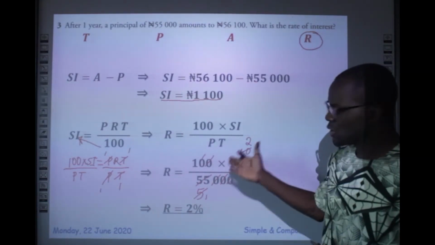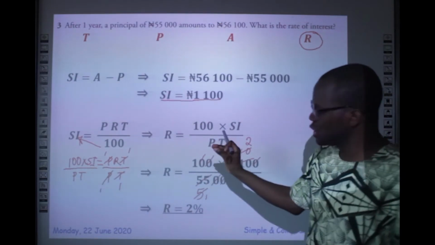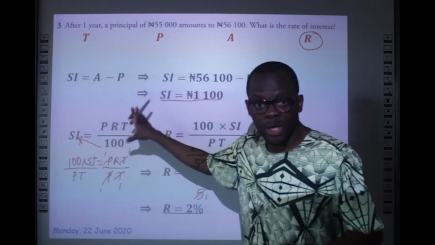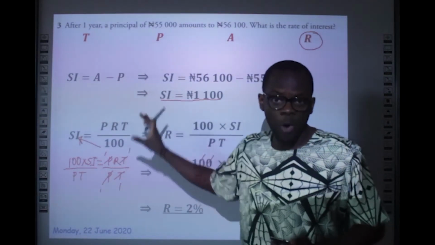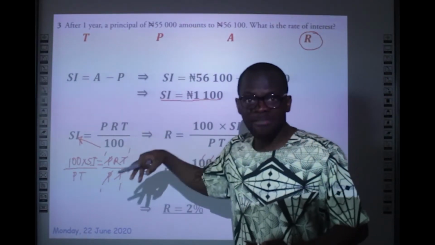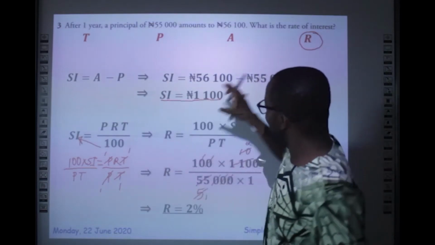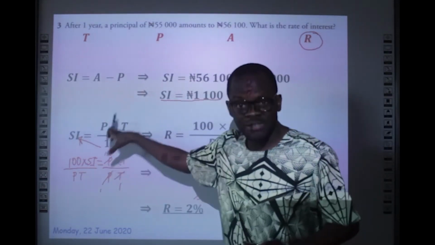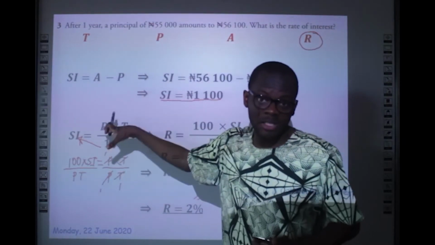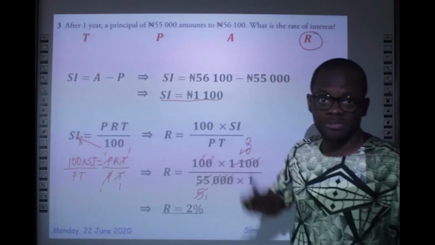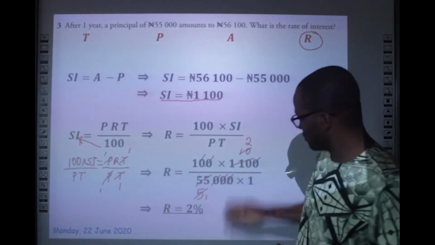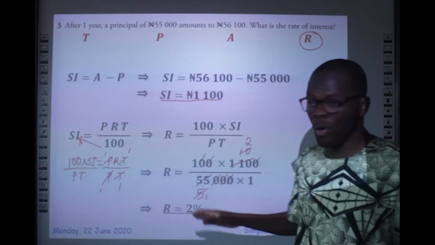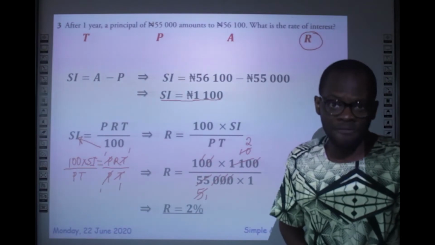So far, so good. All we are doing is simply using the same formula, and depending on the question, you rearrange the formula to find whatever unknown you're looking for. And as it is in this case, we're asked to find the rate. We rearrange the formula by making the rate R the subject, and then substituting the values accordingly. And when you need to cut, you cut until you can't cut anymore, and then you write down your final